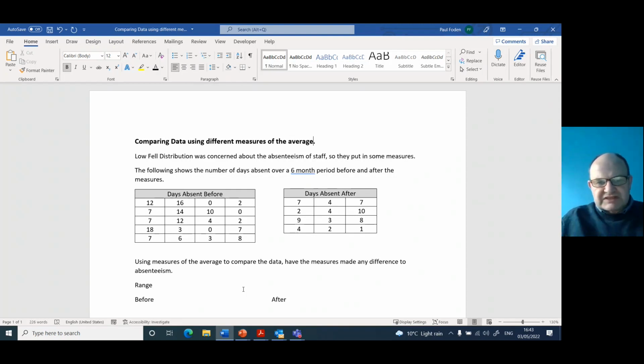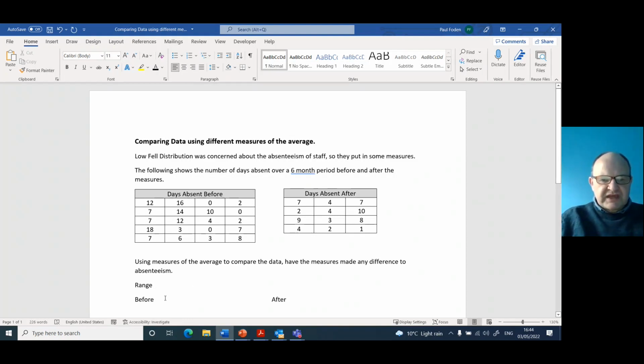So to start with, we're going to look at this question. It says Lowell Distribution was concerned about the absenteeism of staff. So they put in some measures. The following shows the number of days absent over a 6-month period before and after the measures. If you notice, there's 20 sets of data before the measures and there's only 12 for after. Okay, so what we do now is we look at this data very carefully and we assess